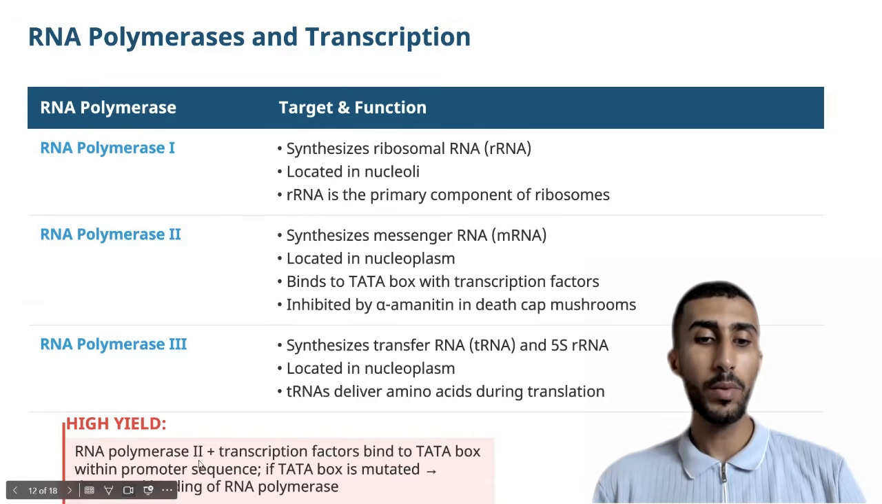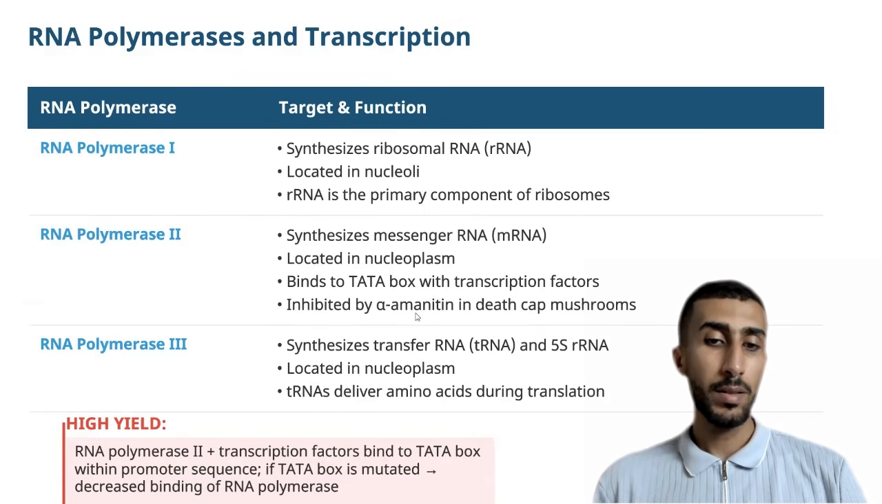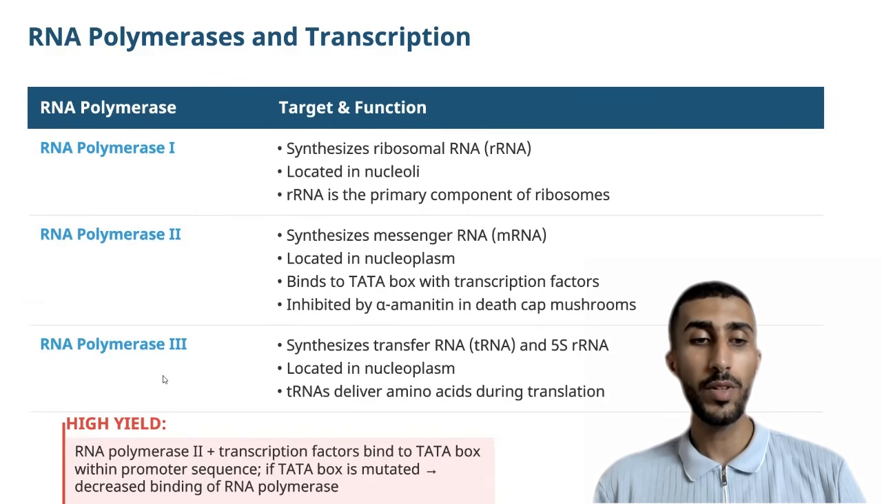RNA polymerase 2 plus transcription factors bind to the TATA box within the promoter sequence. If the TATA box is mutated, this means decreased binding of RNA polymerase. This is the function of RNA polymerase 2, synthesizing messenger RNA. It is inhibited by alpha-amanitin in the death cap mushroom. So alpha-amanitin inhibits RNA polymerase 2, versus RNA polymerase 3, which is responsible for the synthesis